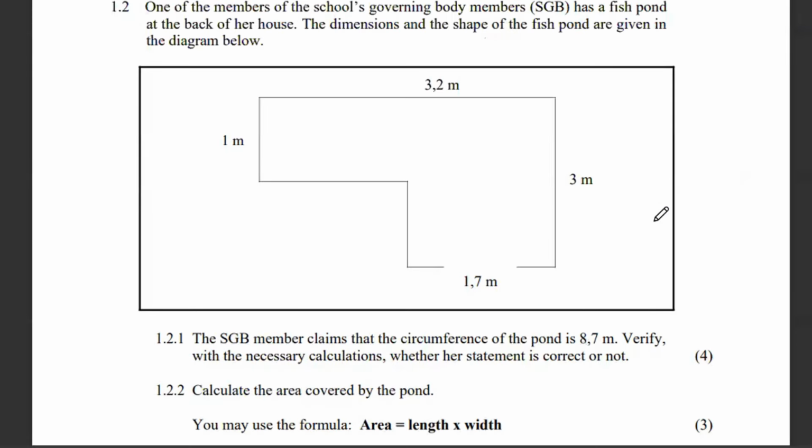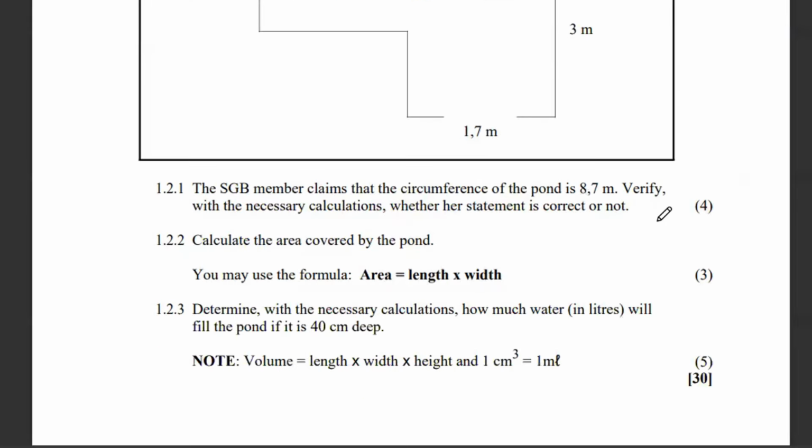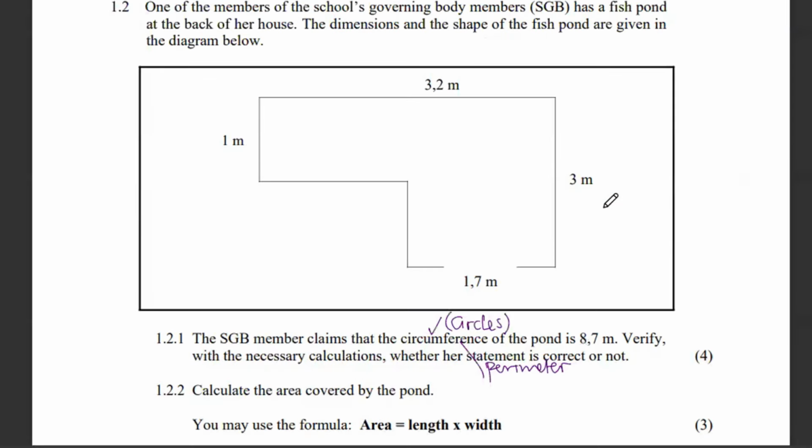Now, I would like us to know, circumference is usually used when we have what? Circles. But then it simply stands for perimeter in circles. But then the shape that we have, it's not a circle. Anyway, so if you are to find the perimeter of such a shape, what shall we do? First and foremost, we need to find out these missing